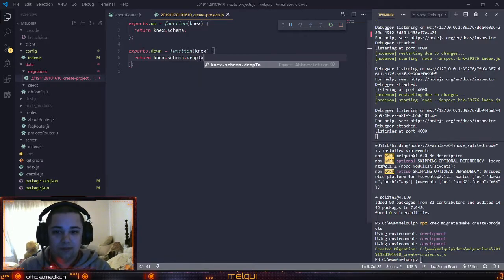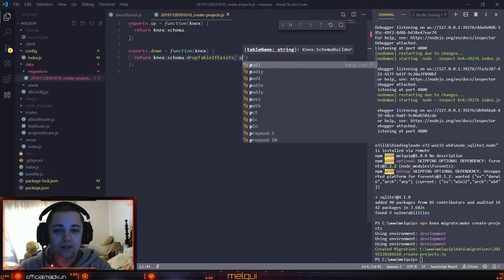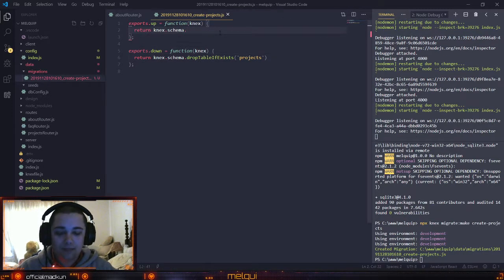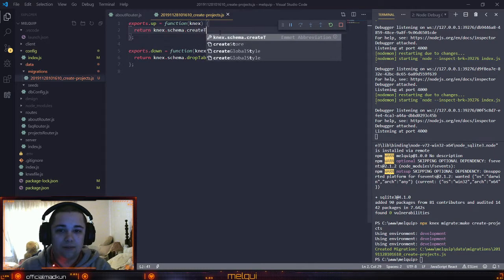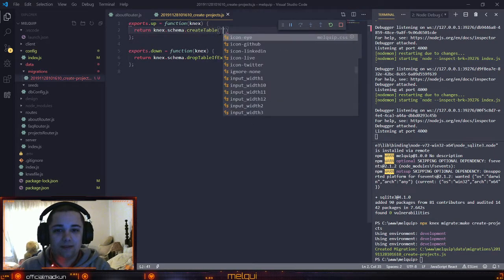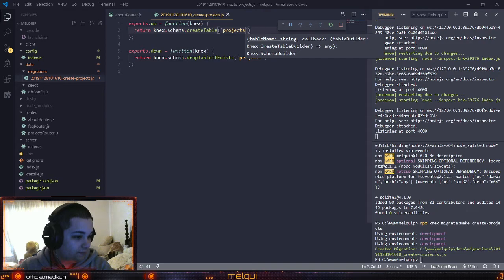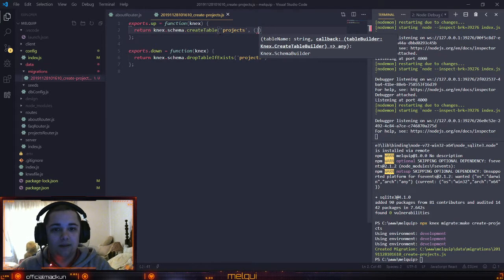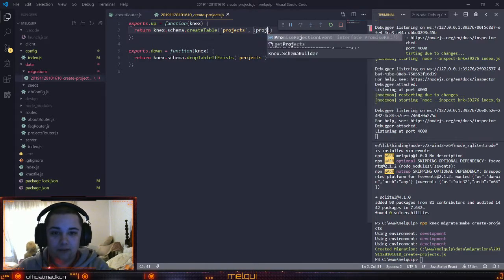So drop table if exists, which is going to be the projects table, and this is the create table part. We receive the table here,